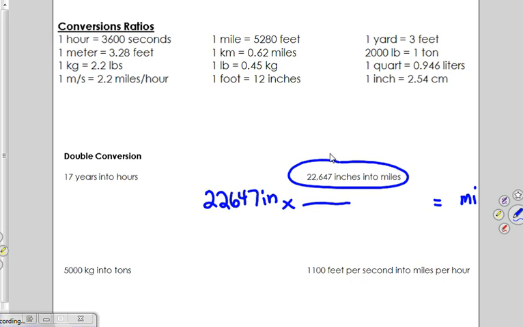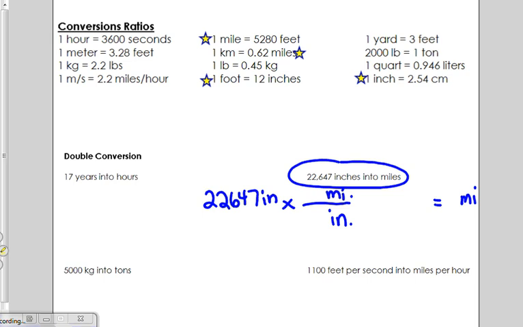Here's the problem. When you look for inches going away and miles to show up, when you look at the top of the page, I don't think we're going to see a direct relationship between inches and miles. In fact, I'm going to put a little star by all the ones with either miles or inches. I see miles with kilometers, but I'm not seeing any. Oh, here we go, feet with inches, but I don't see any conversion that directly changes miles to inches,